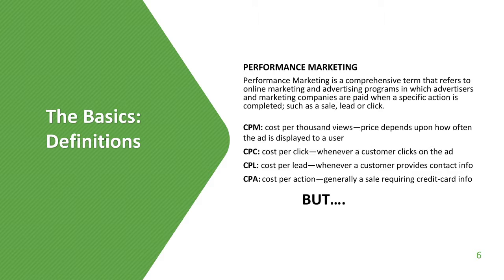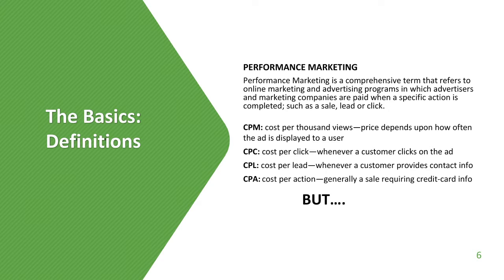Thanks, Googs. So back to our digital marketing bit. CPM, CPC, CPL, and CPA are all digital marketing metrics that you would track if you were running ads, if you're doing clicks. So CPM is cost per 1,000 views. This price depends on how often your ad is displayed to a user, how many users are going to be seeing it. So depending on where you're putting your advertising out there, this is a metric that you're going to track.